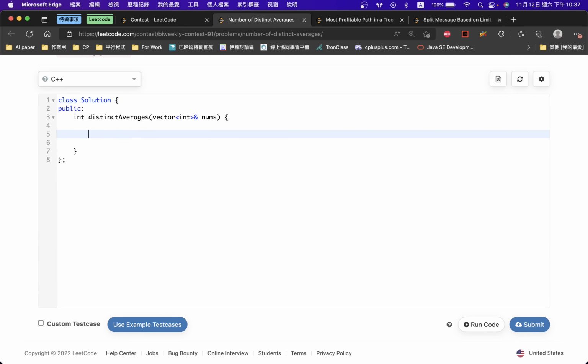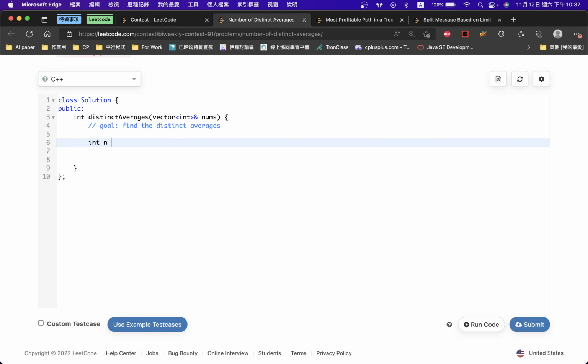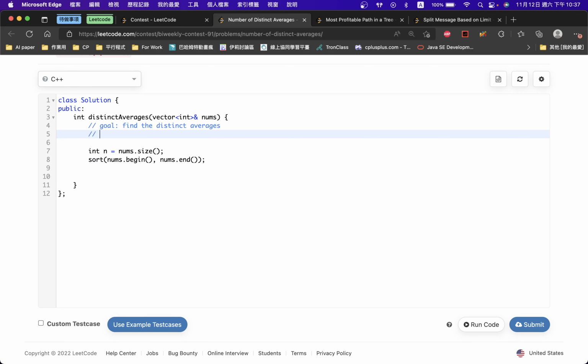Or we don't use a multiset: we sort it and use two pointers. Sort and two-pointer